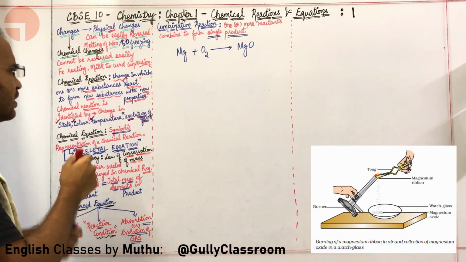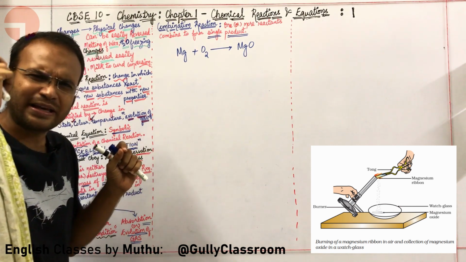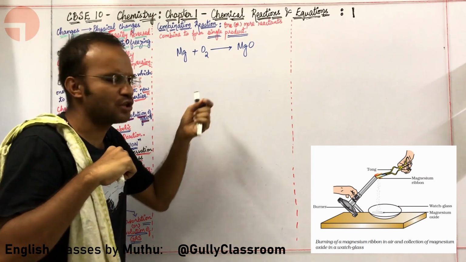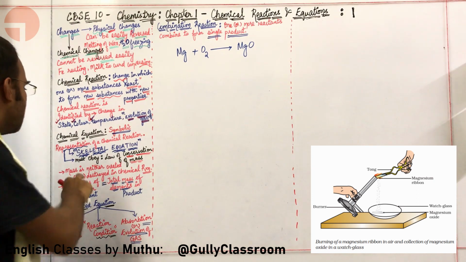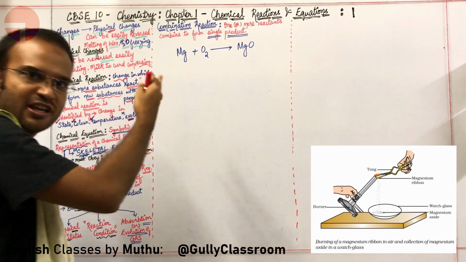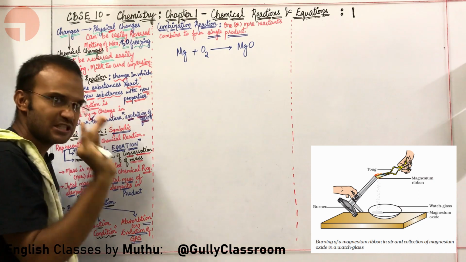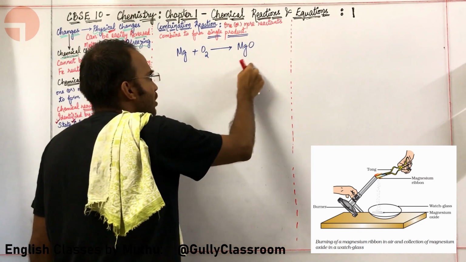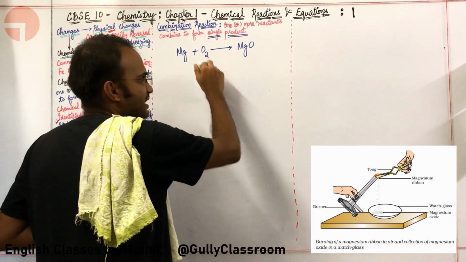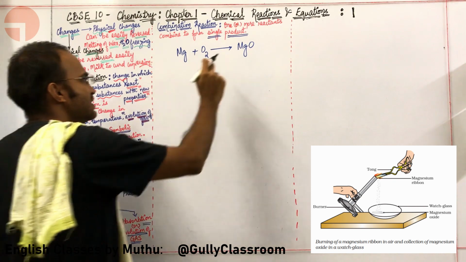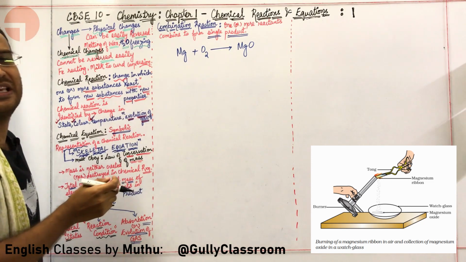Okay, sir. Now, let me ask you a question. Yeah, please. Sir, I studied in 9th chemistry about the law of conservation of mass. According to the law of conservation of mass, what will happen? Mass is neither created nor destroyed in a chemical reaction. The total mass of all the elements in the reactants must be equal to the total mass in the products. So, the total number of oxygen atoms in the reactants must be equal to the total number of oxygen atoms in the products. What are we supposed to do here? You need to balance this equation.